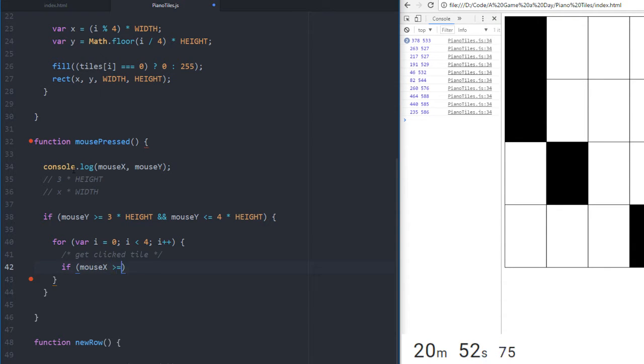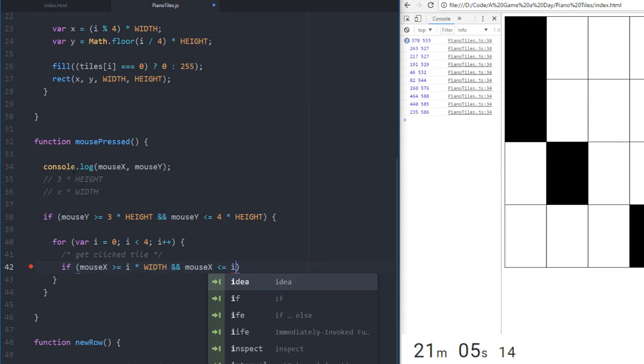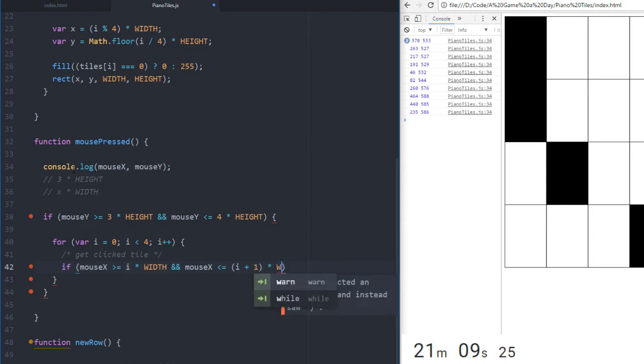So if it's greater than or equal to I times width and mouse x is less than I plus 1 times width. If it's in between, because the first one will be the leftmost portion of the tile, the right one will be the rightmost portion. So if this is true,